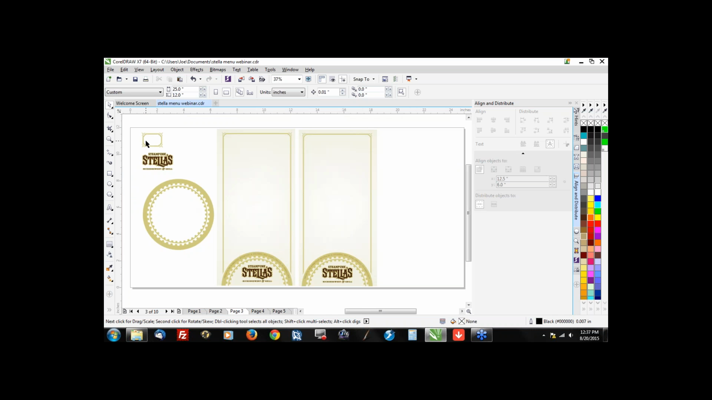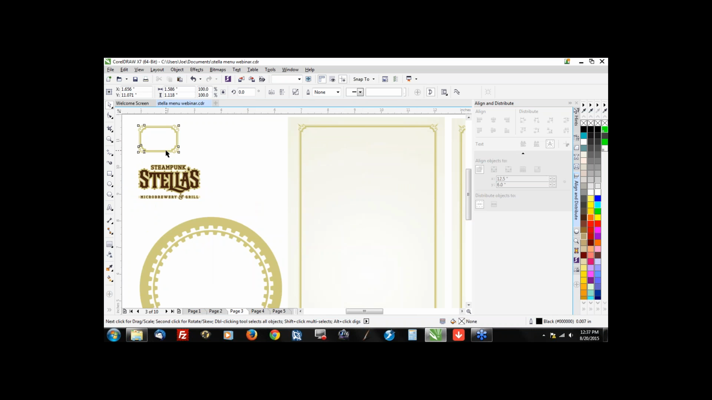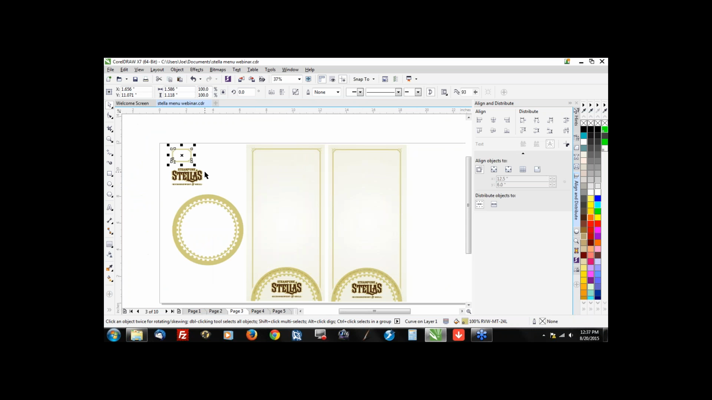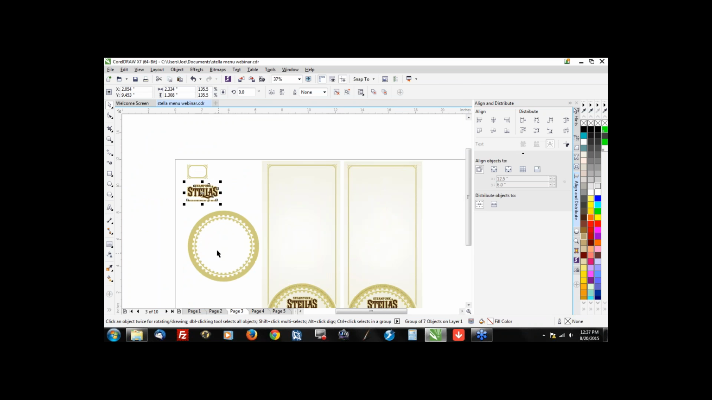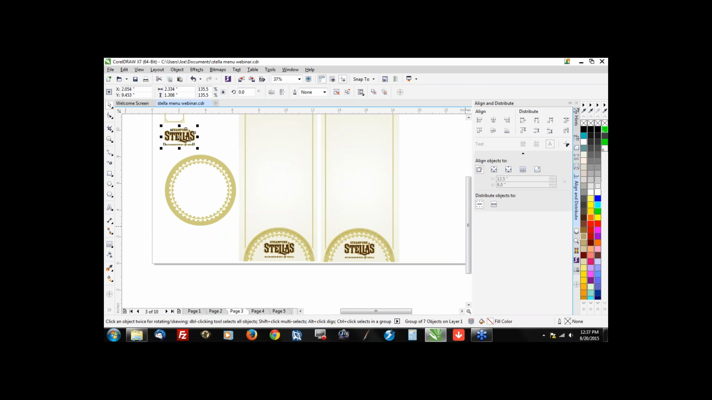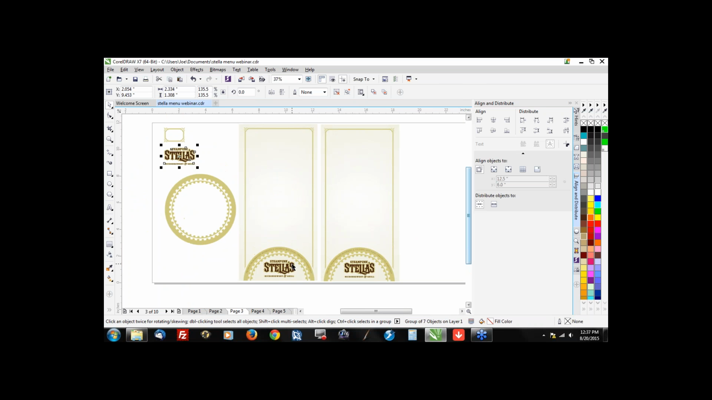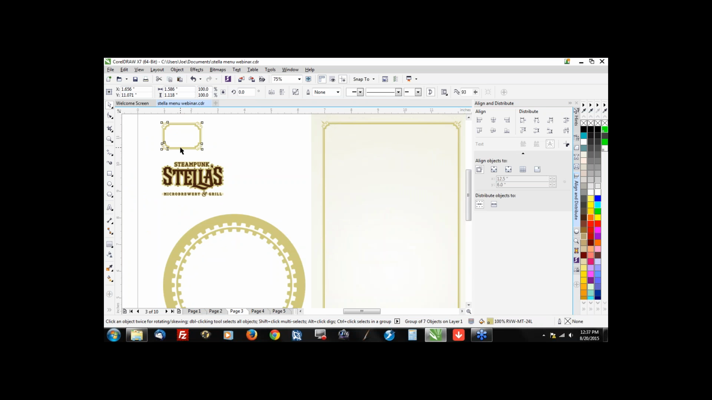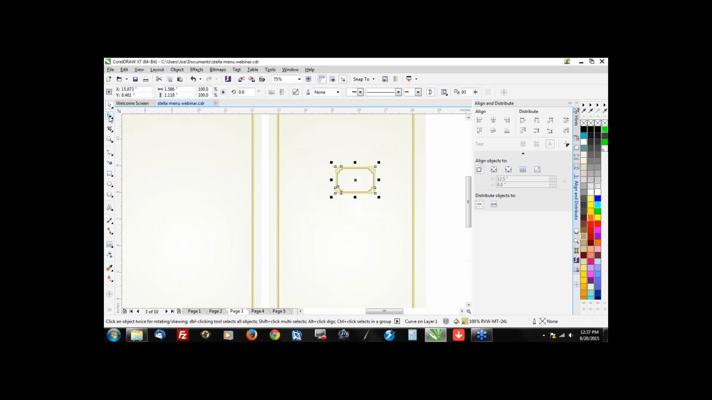Same sort of deal. I've taken some elements, this is the logo I created within CorelDRAW. I already showed you how to create the gears, but we create the basic background for this menu. And when you have a border like this, a lot of times what you can do is you can use